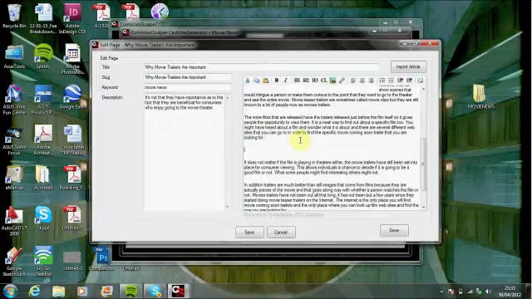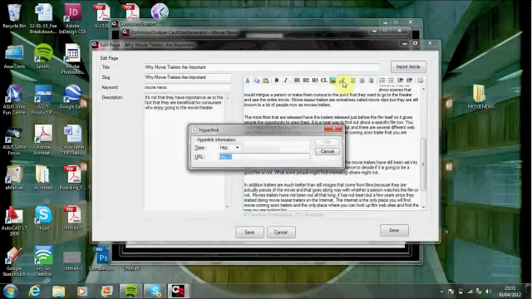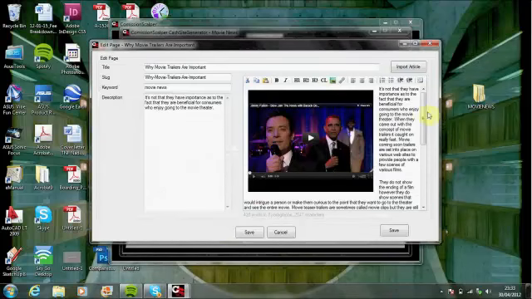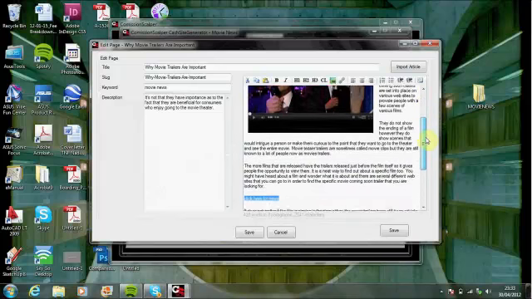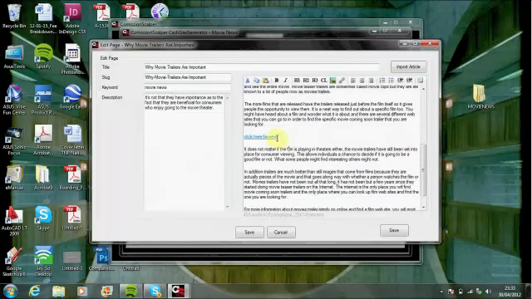So, for example, if we went click here for news, highlight the text, click the link button, and you can have the URL. For example, let's point it to Google. And there you see, here is your link embedded into the site. So if we click save,